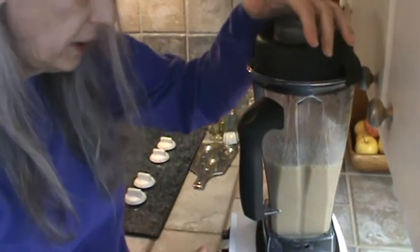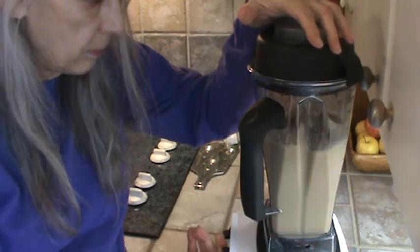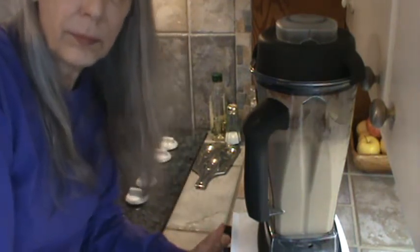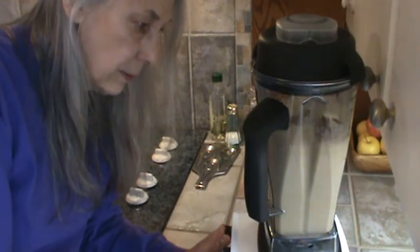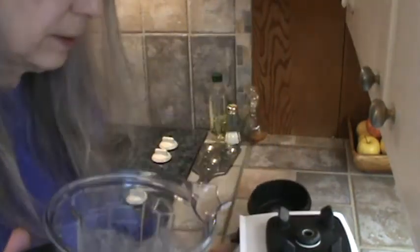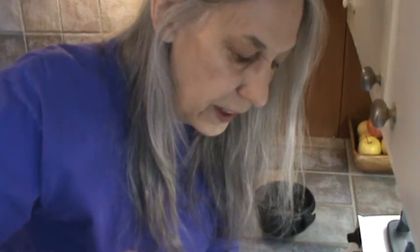Don't want to mix it up too much because then it'll actually create heat. Alright, here we go. I have actually put some oat flour in too, I think, this morning. And again, this is leftover smoothie cubes. I wanted to just get rid of all of those so I could start out fresh,